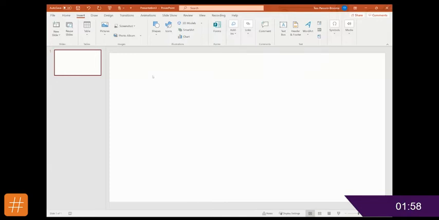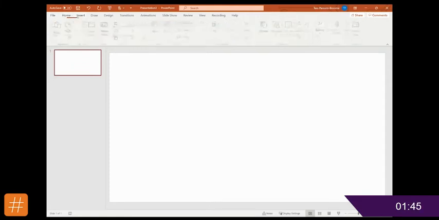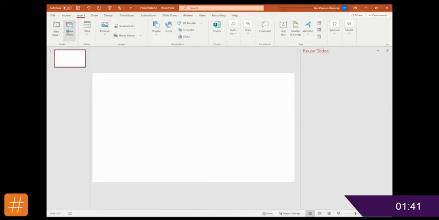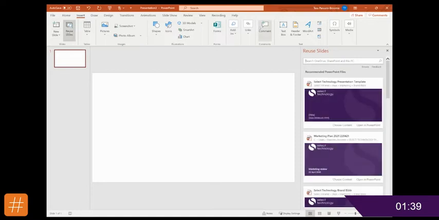Okay, so today I'm going to show you how you can insert slides into a new PowerPoint presentation from an existing one without having to open up loads of different PowerPoints, which is very useful. So you can either go to the Home tab or the Insert tab, and you'll see here there's a button called Reuse Slides. So this opens up the tab to the right here, as you can see,